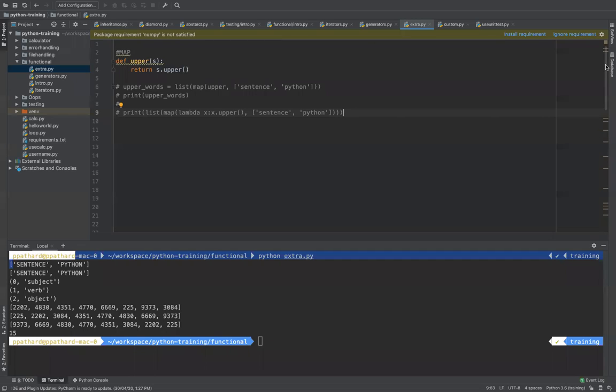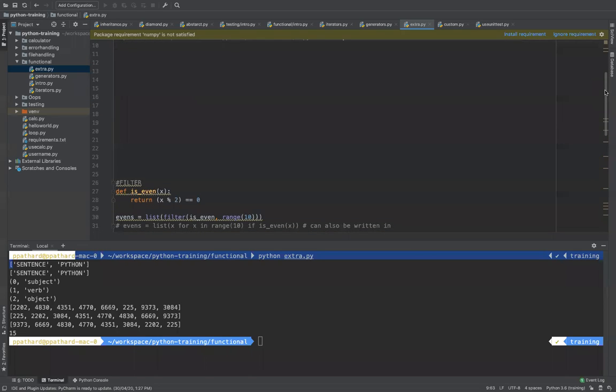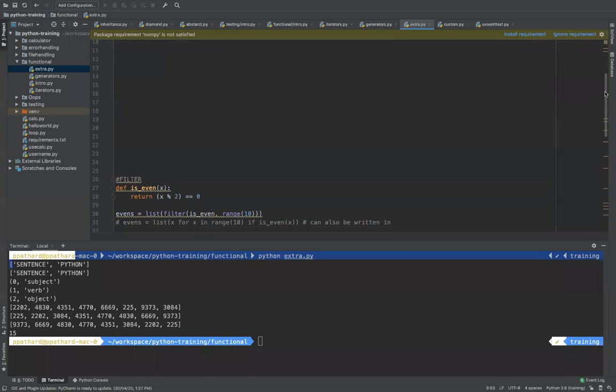Similar to map, we will also learn something about filter. What is filter? A filter function is basically similar to map, but instead of running some functionality for every element, we want to filter the values. For example, I have a range of 10, that means I have values from 0 to 9.